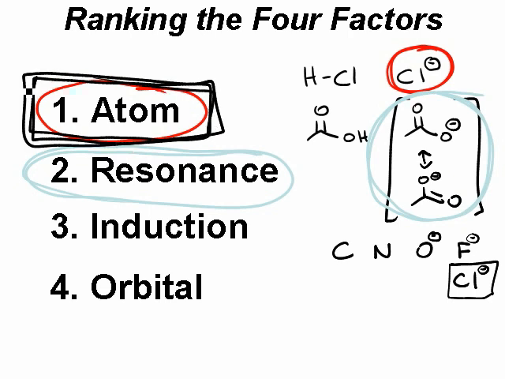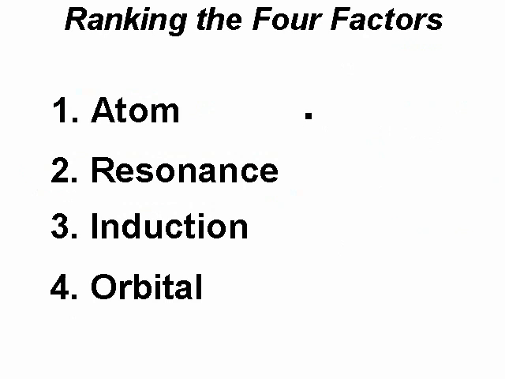What atom is the charge on? Chloride is more stable than the acetate ion, and therefore HCl is a stronger acid than acetic acid. In fact, it is significantly stronger. HCl is a very, very strong acid, and acetic acid is a very, very weak acid, relatively speaking. So in general, the factors are in order of priority, and there is one notable exception. If we compare the following two compounds,